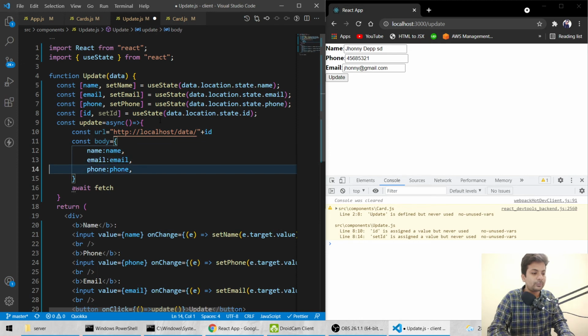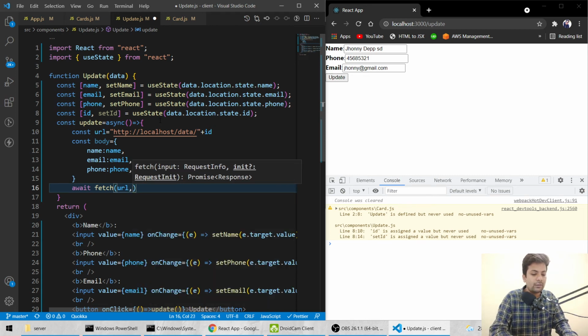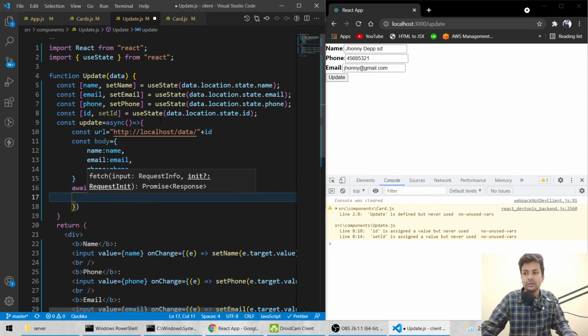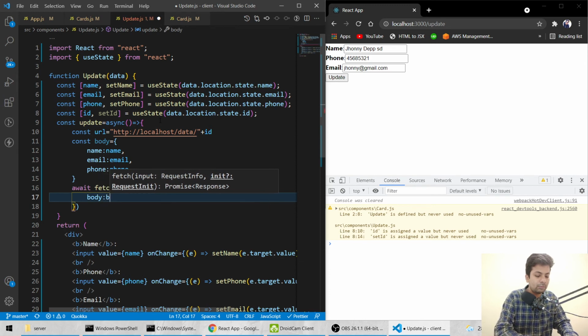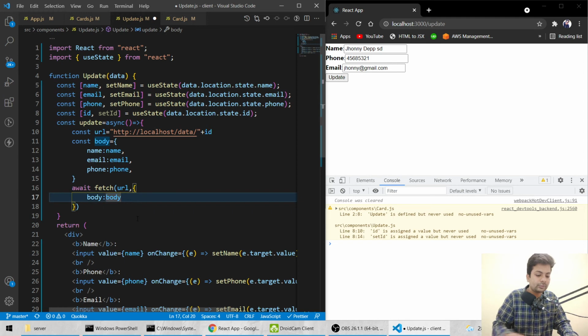Okay, now here I'll write URL, and here I want to pass headers and all that stuff. So let me just see how to pass the headers. Yeah, body and headers. So here I'll say body. Body means this data I want to send.